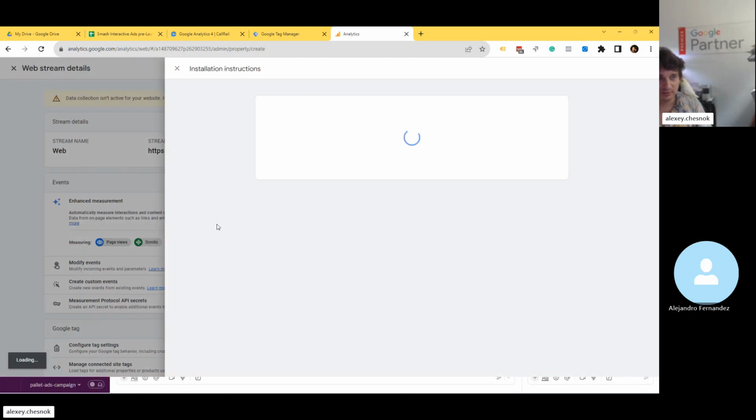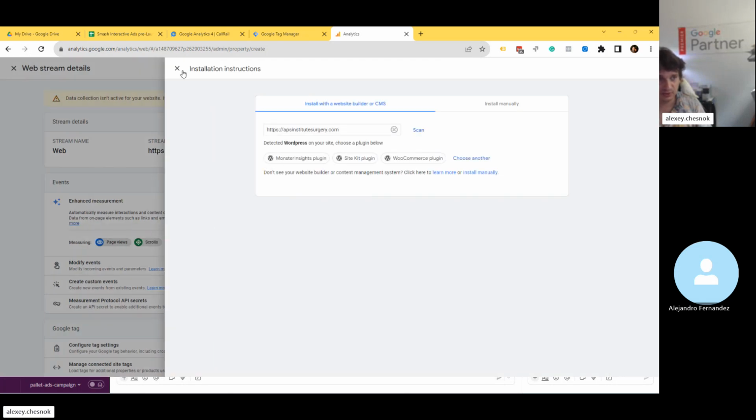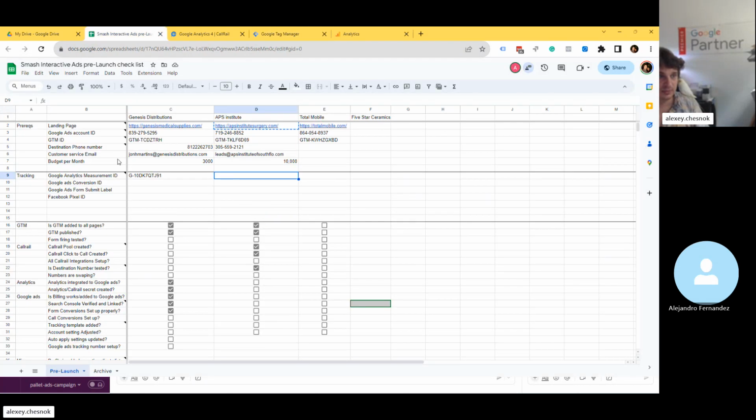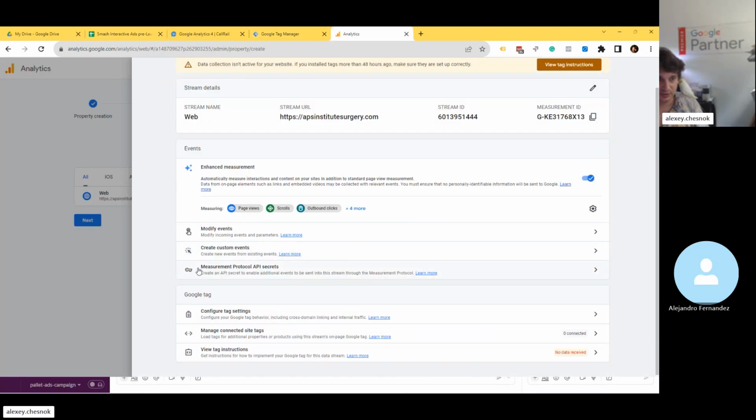Now here automatically a pop-up with installation instructions will appear. We don't need this. All we need is this measurement ID. So we go to the page, paste the measurement ID, right? Next important piece of information for integration, we need